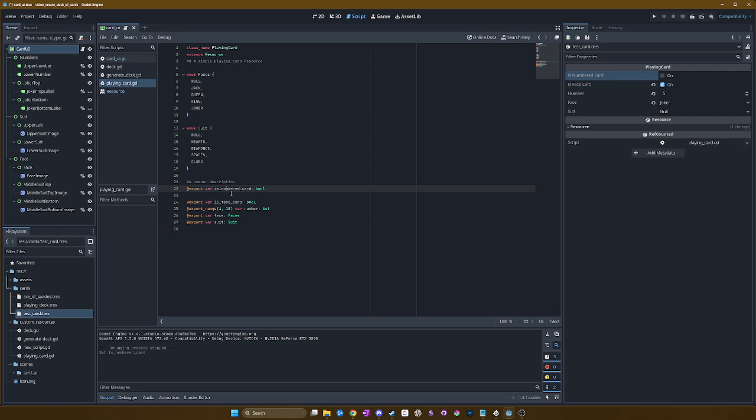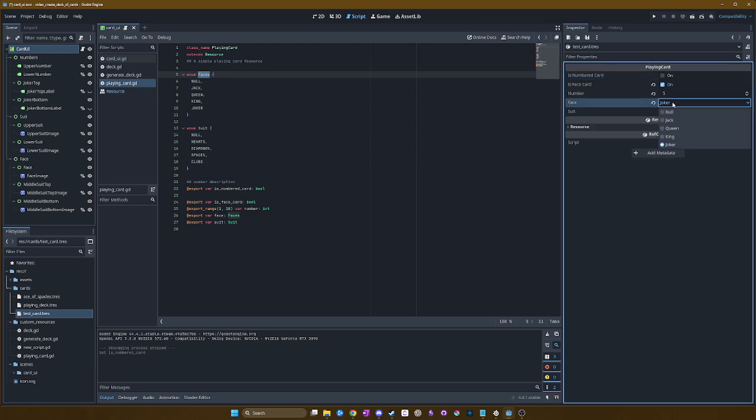So we have a boolean for a numbered card, a boolean if it's a face card. We gave this export a specific range because cards only are 1 through 10 for numbered cards. So then we also have our number here, again over here, and then an export for the face. The face is expecting it to be one of these enumerations from this face up here. So you can see over here, if we click on this, we have our list of enumerations, and the same